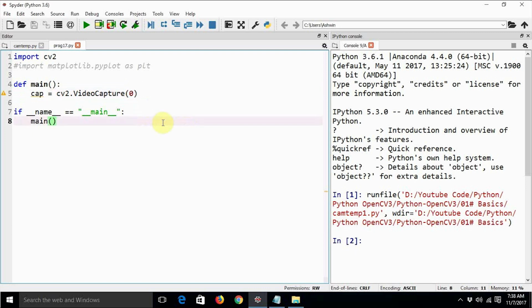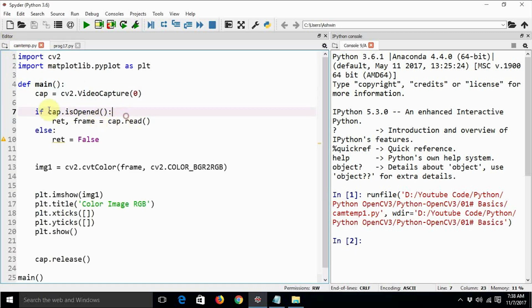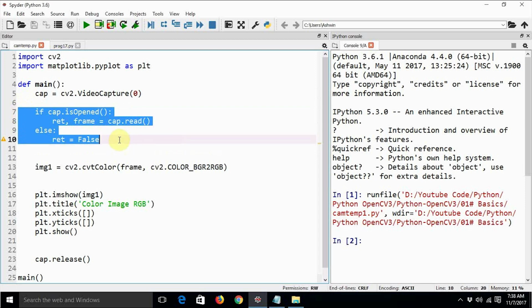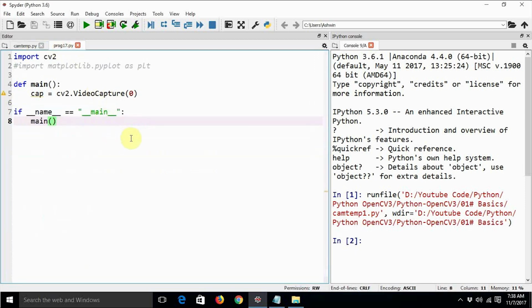If there are 5 webcams attached to your system, then from 0 to 4, so webcam 0, webcam 1, webcam 2, webcam 3 and webcam 4, you can use all these multiple webcams just like that. As of now I have attached only one webcam to my system, that's why I'm just saying 0. Okay, now let us see if the webcam has been attached correctly or not.